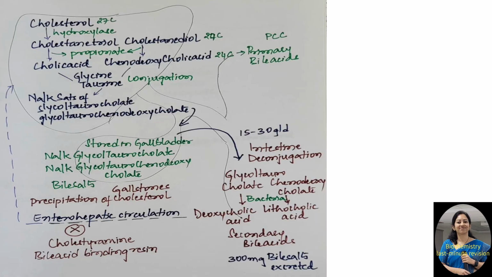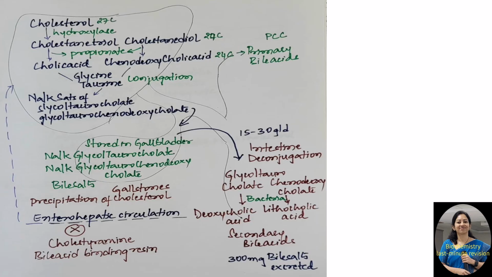Coming to formation of bile acids and bile salts. Now bile acids are derived from cholesterol. Now cholesterol is a 27 carbon compound. This is acted upon by hydroxylase enzyme to form cholesterol triol and cholesterol diol. Now from this propionate, a 3-carbon compound is removed. So cholesterol triol gets converted to cholic acid, and cholesterol diol gets converted to chenodeoxycholic acid, and these two are